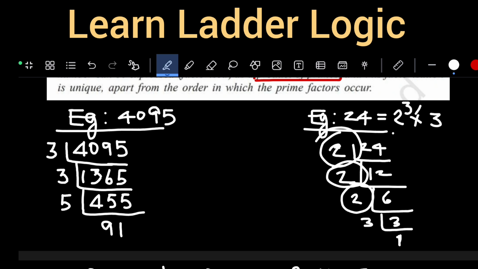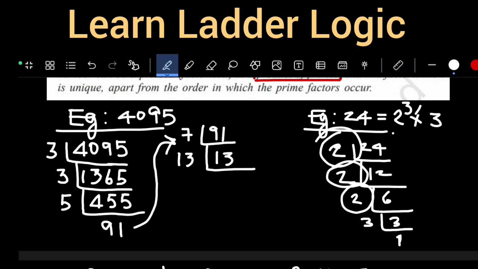Now I'll continue this here. Prime factorization of 91. 91 is 13 into 7. So this number can be written as 7, 13. 13 is a prime number, 13, 1. So we can write